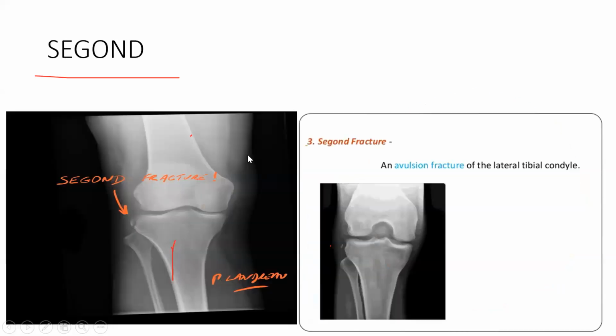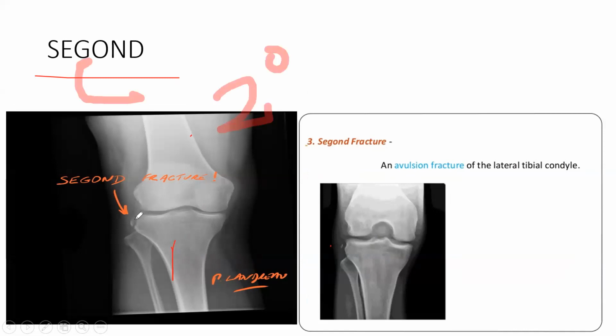Then there's two types of fracture. One is Segond fracture होता है. Okay. One is Segond fracture and one is इसके बाद एक bumper's fracture. Okay. So this is very important fracture. Okay. So what is Segond? Segond is like second. Okay. यहाँ G की जगह C लगा सकते हैं. So it is like second. Okay. So it is a Segond fracture.